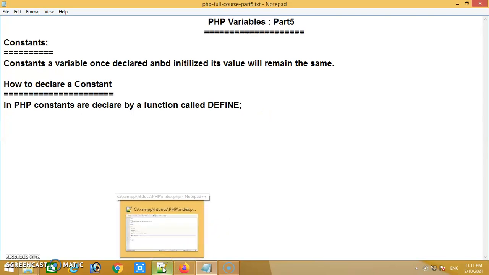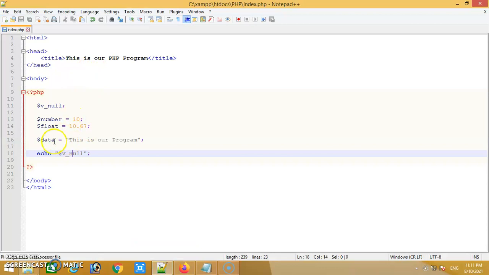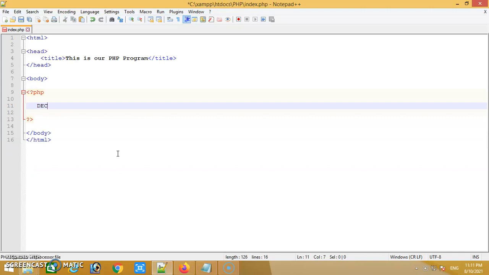I'm going to my program file, and I'll define some constants here. So I'll write define, let's say message, and the value of the message is 'This is PHP programming'.